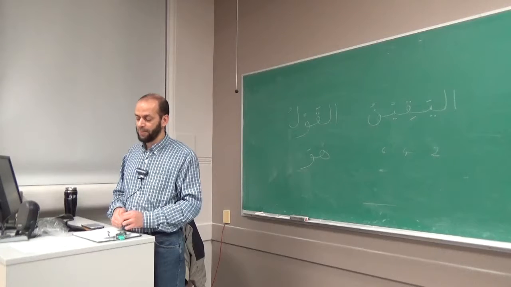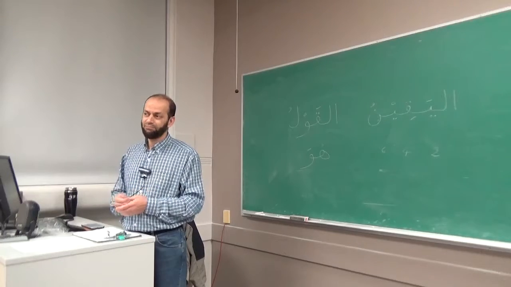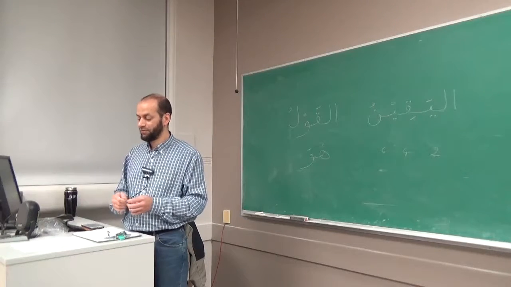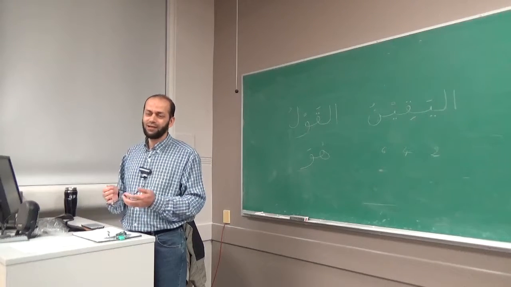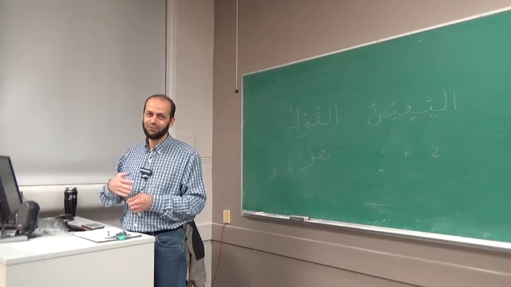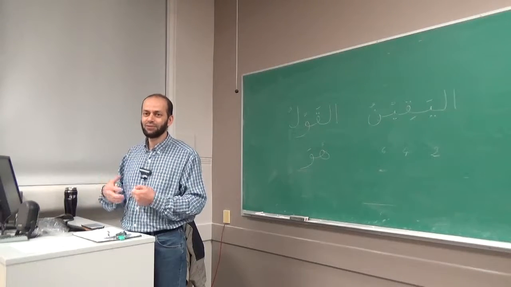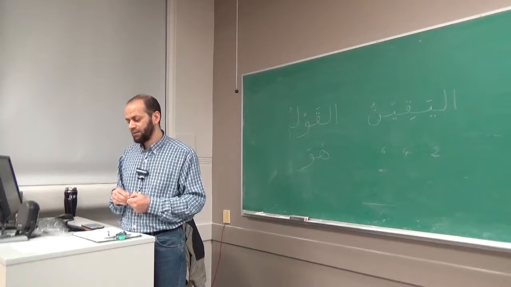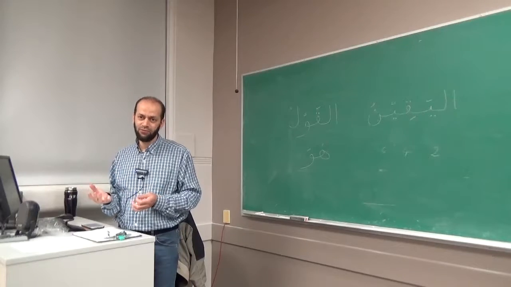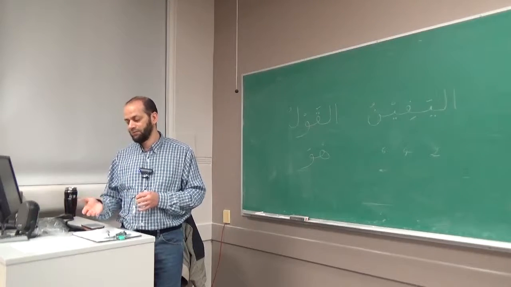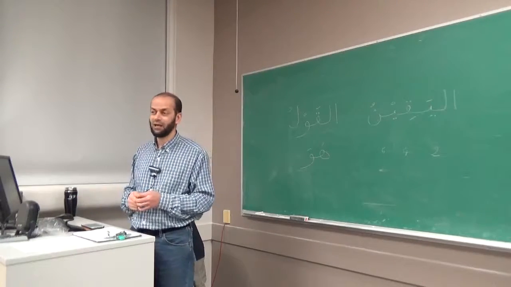What's level 3? Level 3 is mainly the rules of Ra. It's a long topic. We'll talk about it for 3-4 weeks. It's a little bit complicated and simple at the same time, but we need time to talk about these rules, and also because it needs to be put into practice, you need to give yourself time to do that. And the rules of meem. In level 1 we talked about the rules of noon sakinah, so in level 3 we'll talk about the rules of meem sakinah. This is mainly level 3, plus 2 or 3 other small things.